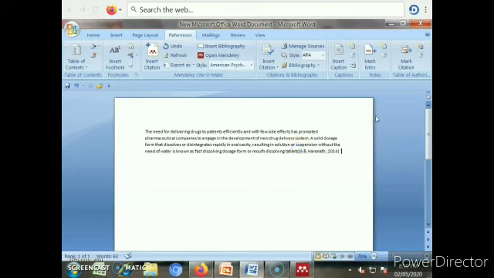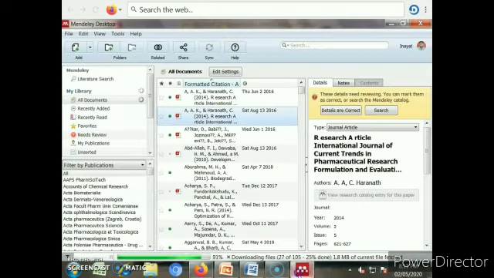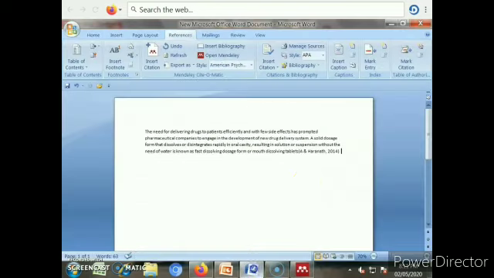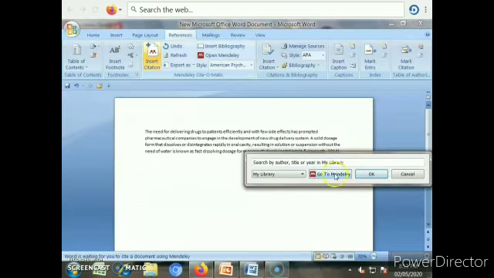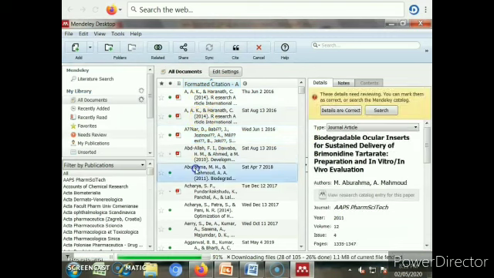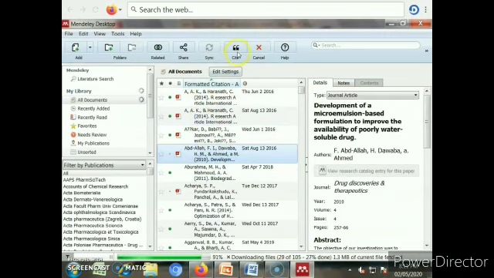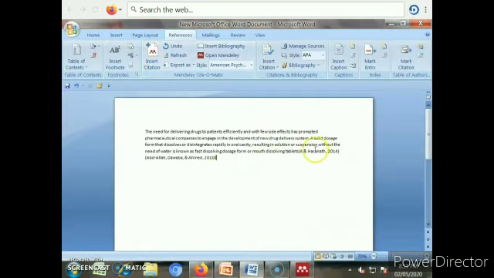Next, again you can insert the next article. If you want to add a second article, you can insert it in this. Again insert the citation, go into this, cite the article. In this way we have cited two articles. Now we will prepare the bibliography. In the bibliography you have to insert the bibliography. So in this way we can insert the bibliography.